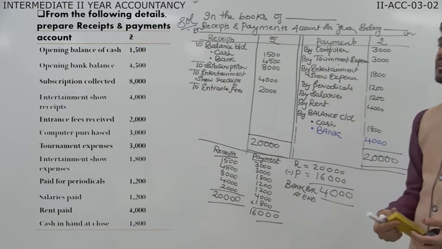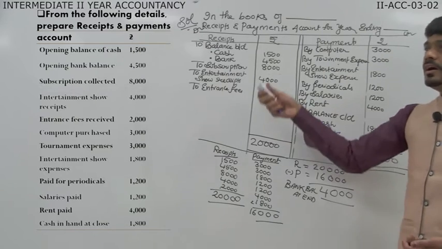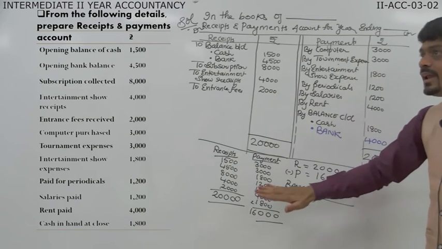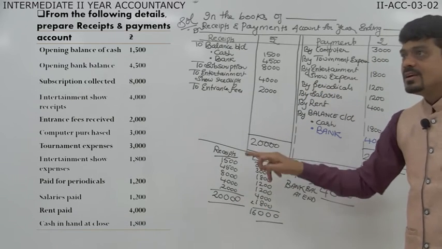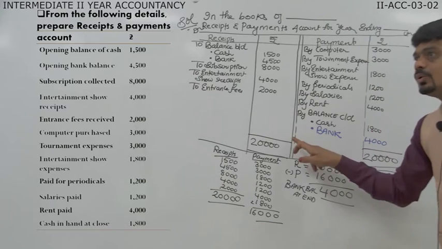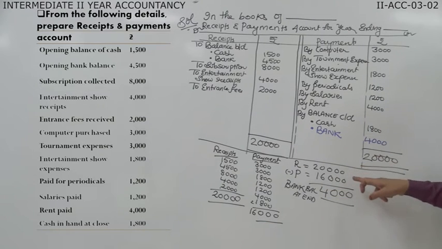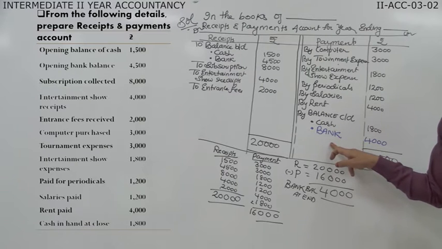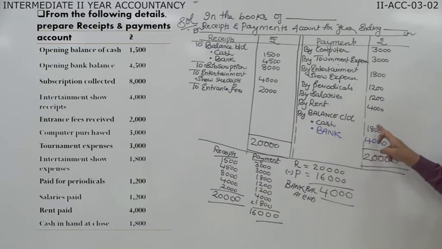Then the postings. Analyze what the receipts are, analyze what the payments are, post them accordingly, and once you post, below that you will have the place to do the total of receipts, do the total of payments, and get the difference. Since here they gave you the cash balance, we are assuming the answer to be the bank balance. If they don't give any balance, we'll just write by balance carried down. This is example number 1. This is the solution I have done. This question I have taken from the textbook, so you can verify it from the textbook.